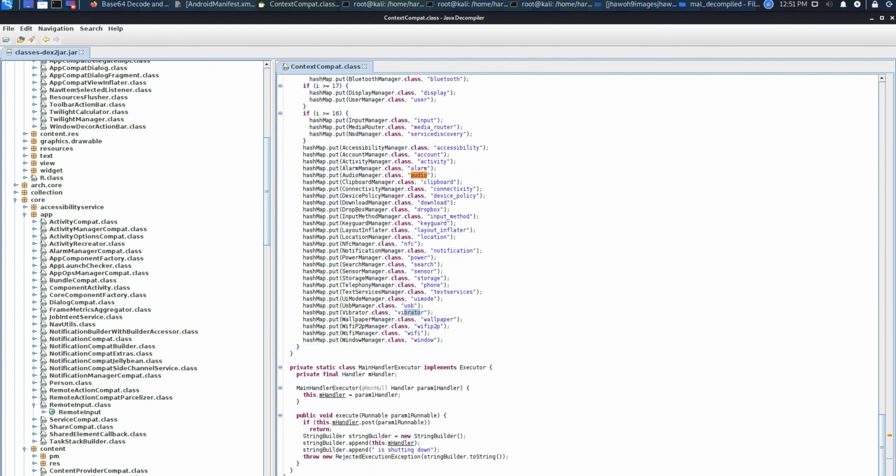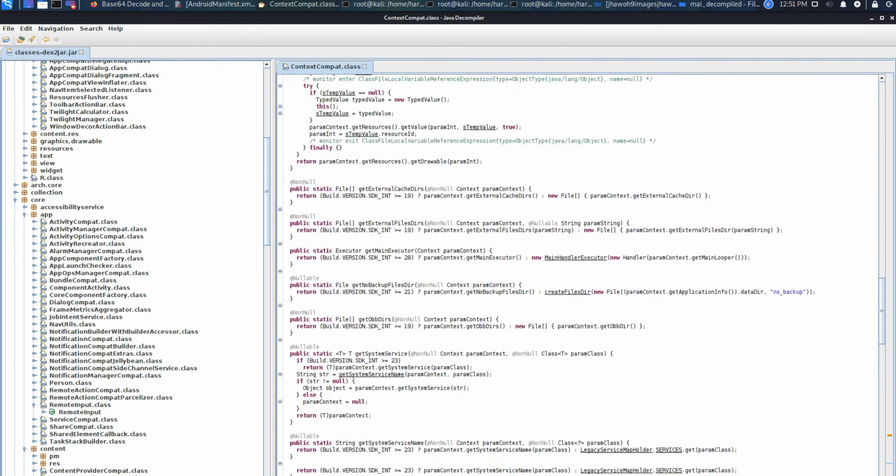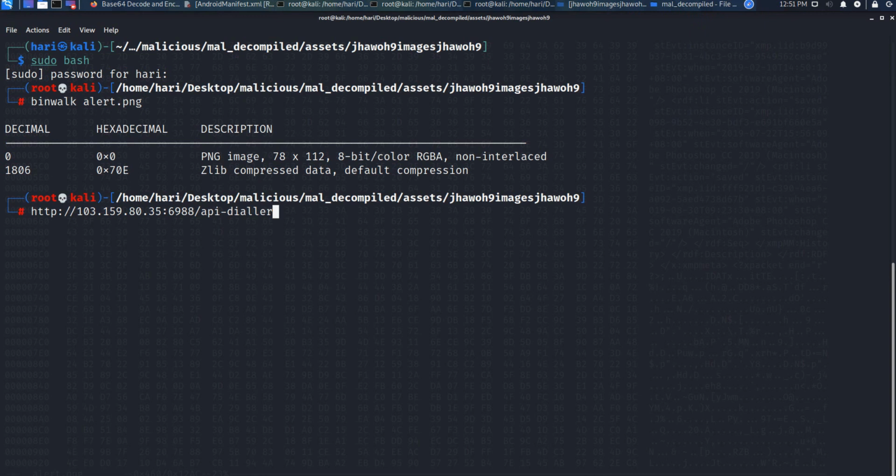USB managers also, wallpapers, Wi-Fi, peer-to-peer network, Windows. Yeah, this is a major important application. From this application we observed, right, how much danger it could be. It is a very dangerous application. It has almost all the permissions. Whatever the attacker can do, he can do easily with this thing.